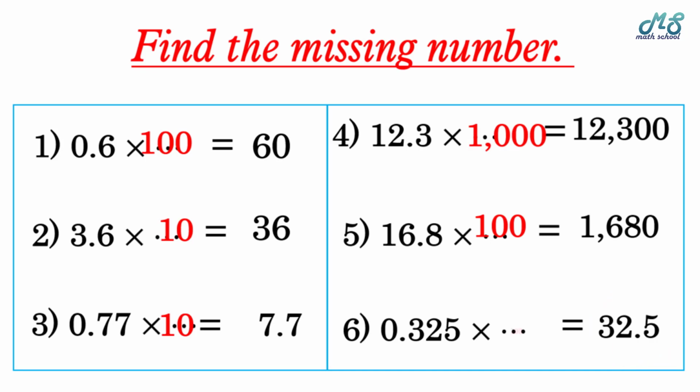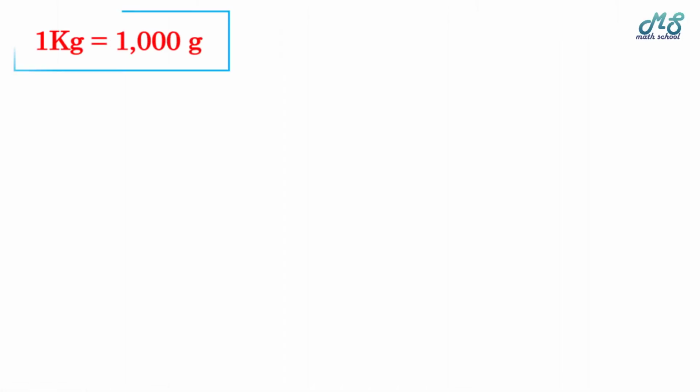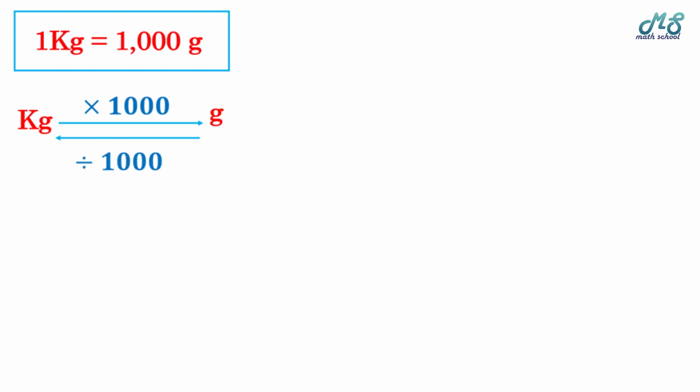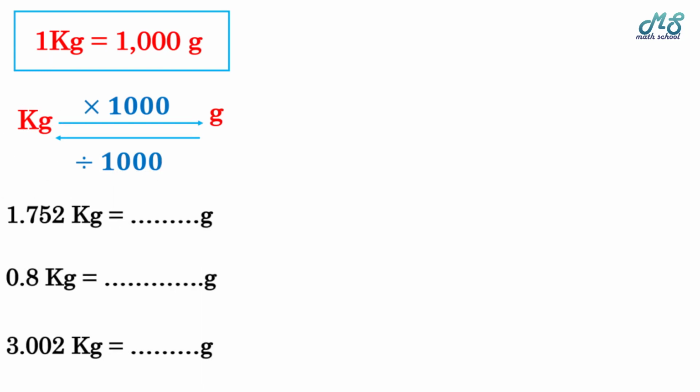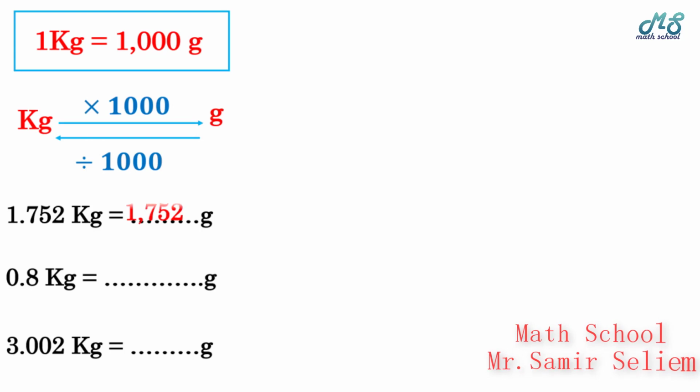Yes, by 100. We studied before, guys, that 1 kilogram equals 1000 gram. So to convert from kilogram to gram, we will multiply by 1000. Vice versa, from gram to kilogram, we will divide by 1000. For example, guys, 1.752 kilogram equals how many grams? Just we will multiply 1.752 by 1000. We will move the decimal point to the right 3 decimal places. It will be a whole number,